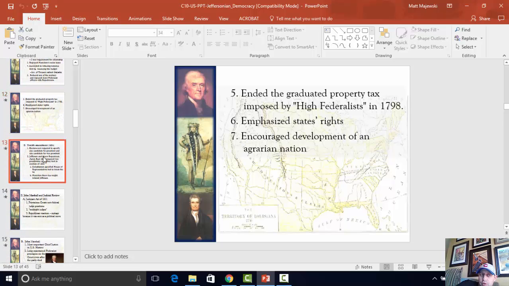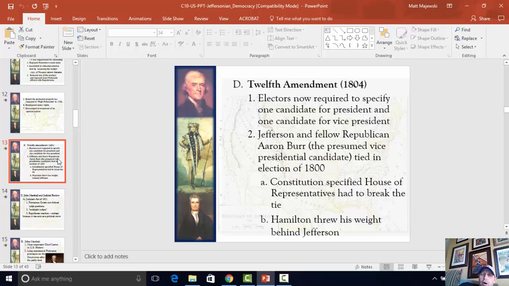Anyways, let's get to some issues here. Okay, so the 12th Amendment. So when Jefferson takes over, one of the first things that happens is that the 12th Amendment is passed. That said that electors had to now specifically state who the candidate for president and vice president was. What we mean here is from now on, presidents are going to actually run with vice presidents like they had in 1800. And on the ballot, the electors had to write my choice for president is this and my choice for vice president is this.